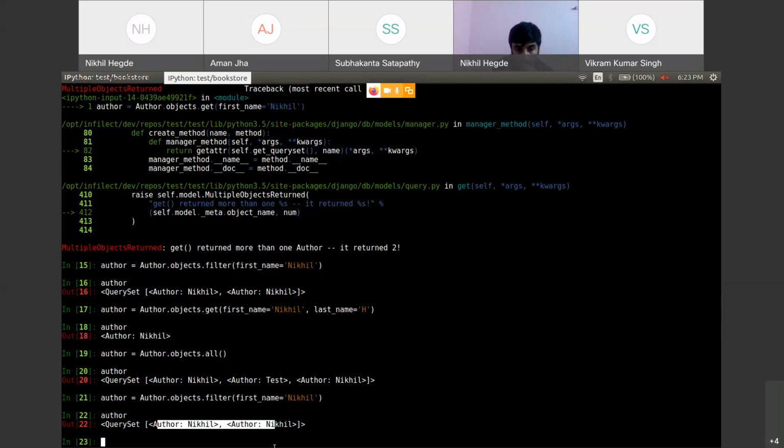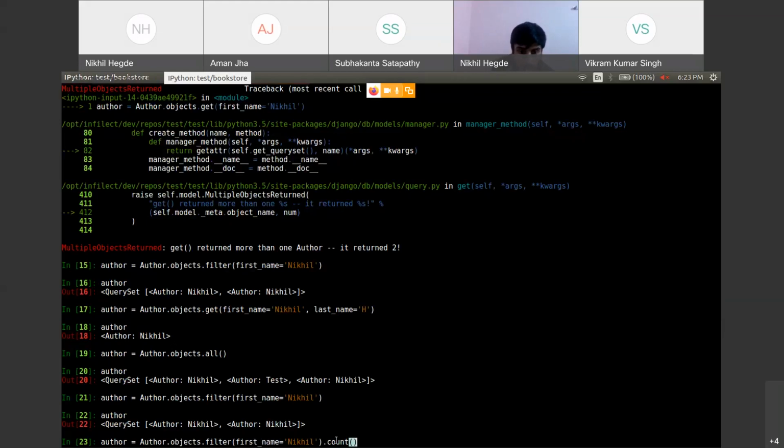So whatever you have told is true, but it's not the optimized method. As I explained before, there is one function called count that you can use. You can chain multiple functions together. So here, first you are querying the author table to fetch all the entries having first name as Nikhil, and after that you are not accessing the objects.